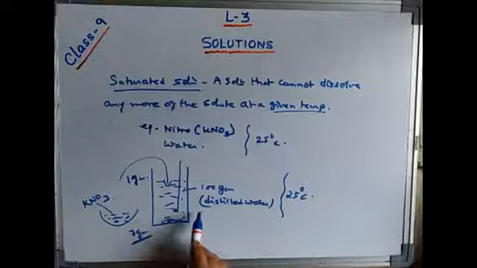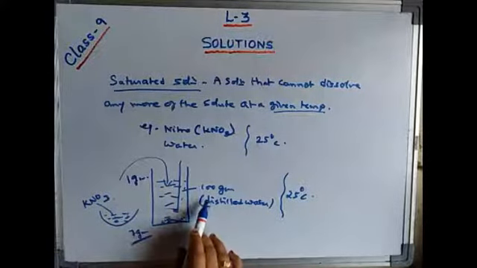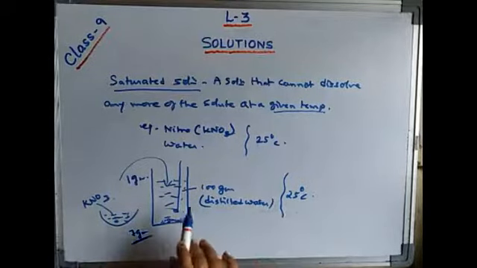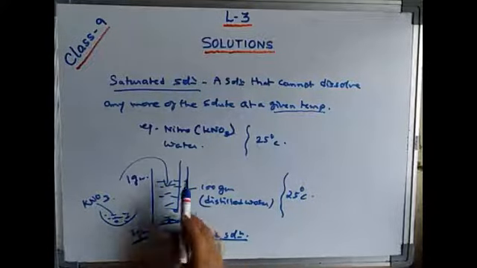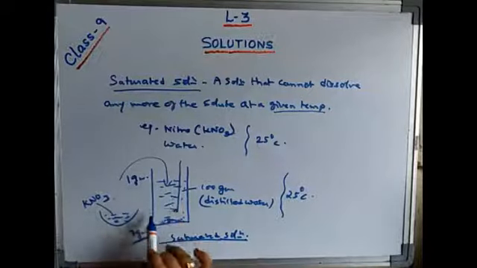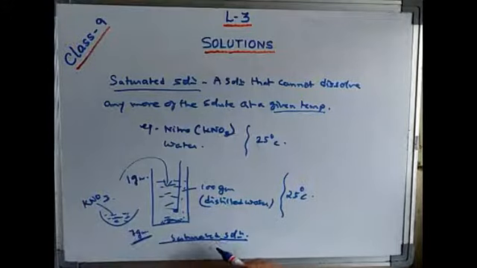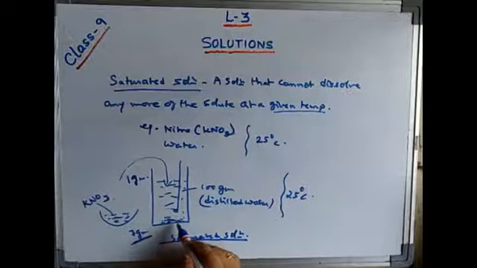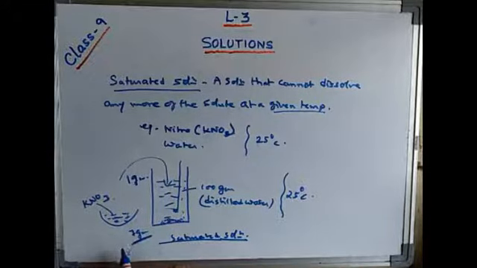Okay. So I can say that it cannot take any more of the solute at a given amount of solvent at a particular temperature, and it forms a saturated solution. Got it? Now I am explaining the other two kinds of solution also. Suppose 7 grams is the optimum it can take. If you give the 8th one, it will be left undissolved at the bottom of the flask. It can take 7 grams at a given temperature in 100 grams of water.